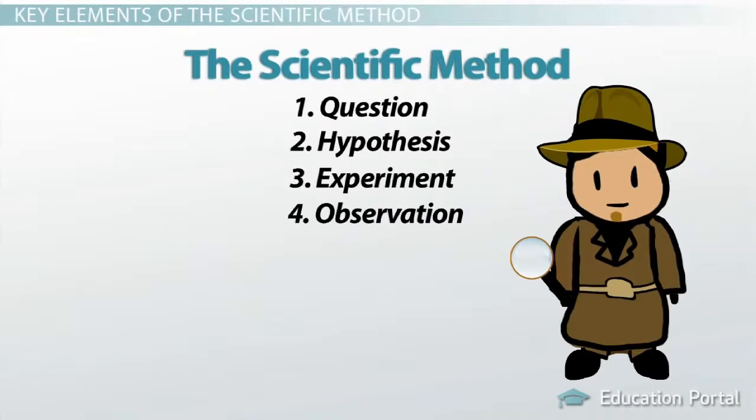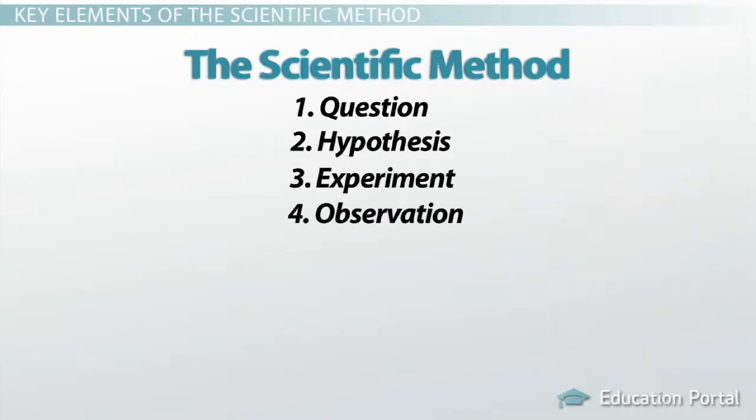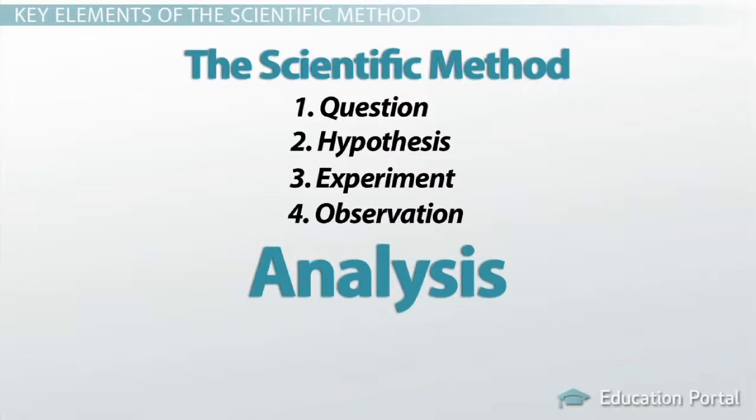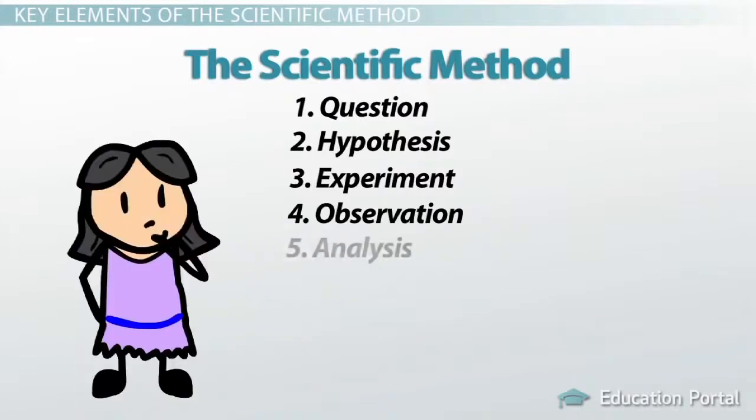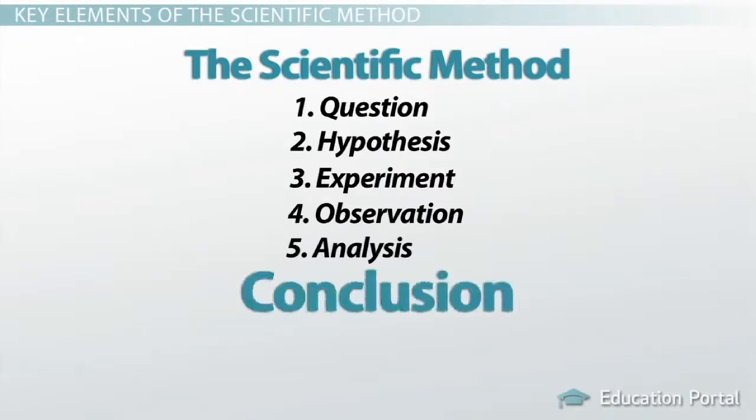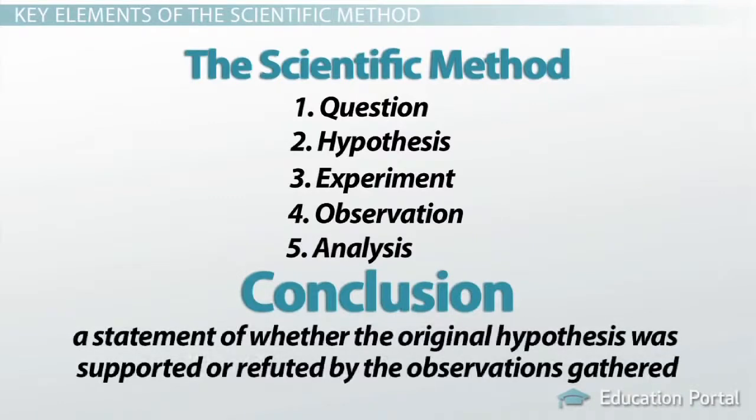Once the results are in, the scientist must begin his analysis. Data analysis involves comparing the results of the experiment to the prediction posed by the hypothesis. Based on the observations he made, the scientist has to determine whether his hypothesis was correct. Then he sums up his findings with a conclusion. The conclusion of a scientific process is a statement of whether the original hypothesis was supported or refuted by the